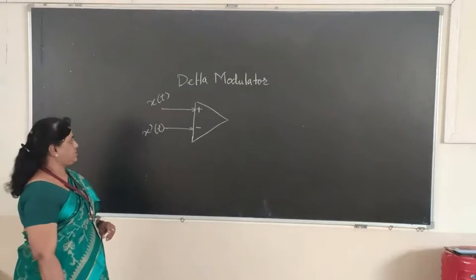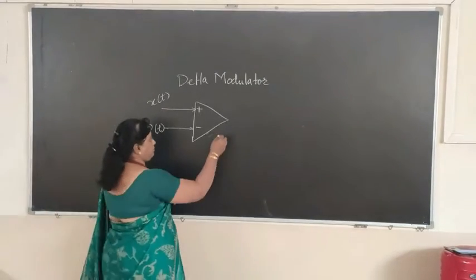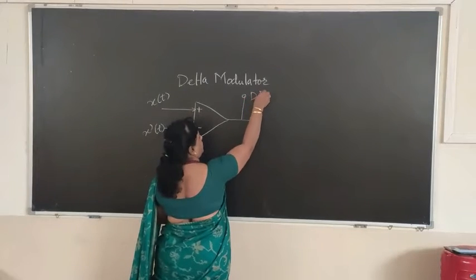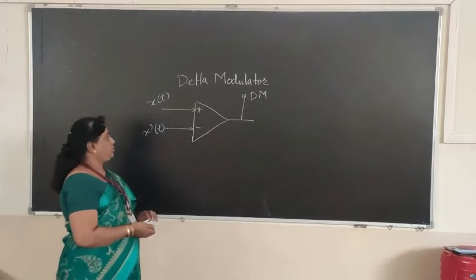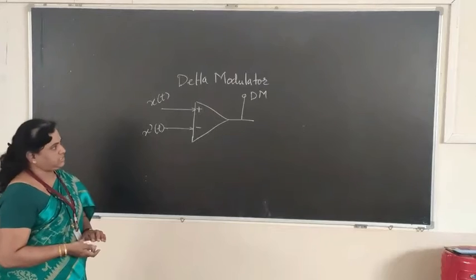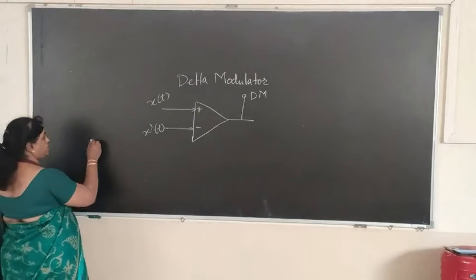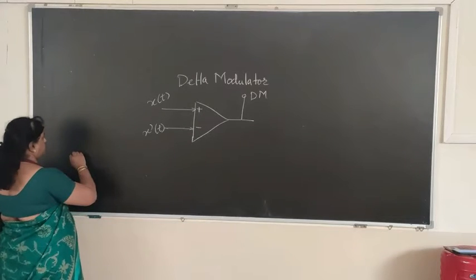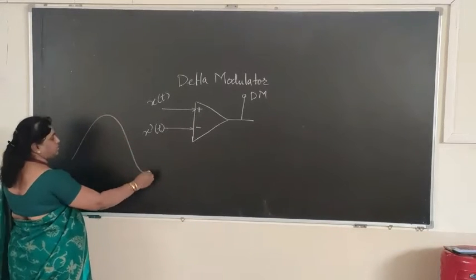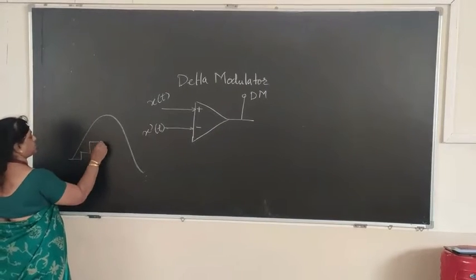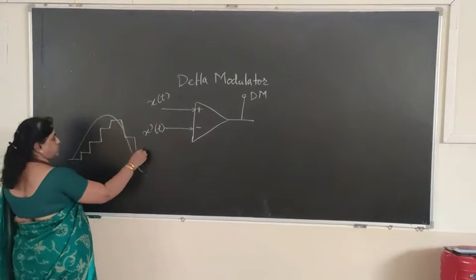Now, where does this x'(t) come from? We have the output of the comparator, which is going to be your delta modulator output. Now, coming to the predicted output, which is x'(t). The delta modulator output depends upon this comparison of x(t) and x'(t). So x(t) is the current incoming signal, that is an analog signal, and x'(t) is a predicted signal which is sampled in this particular shape.